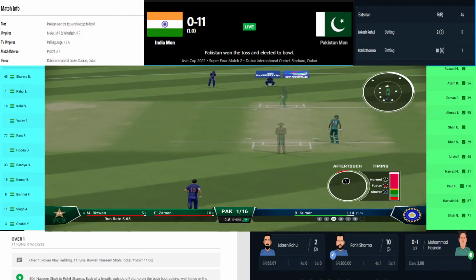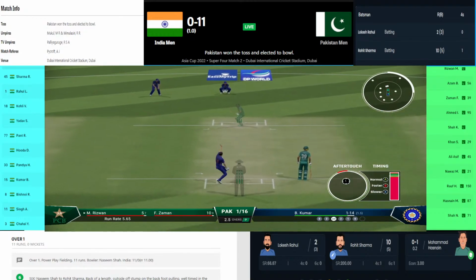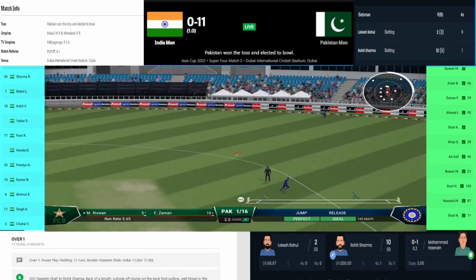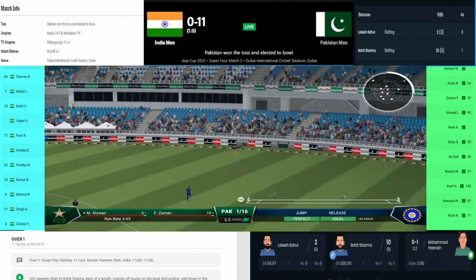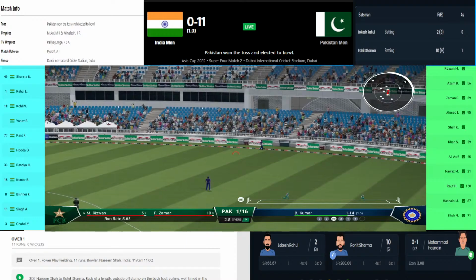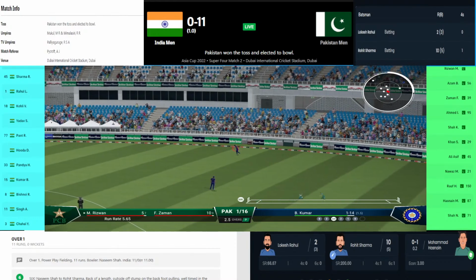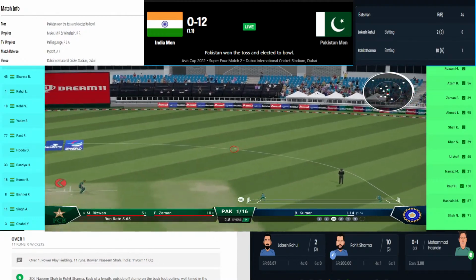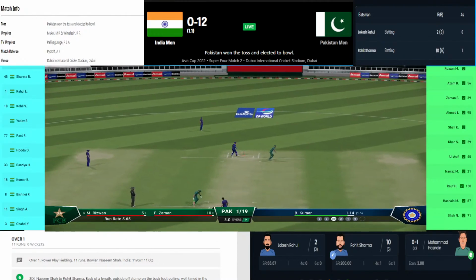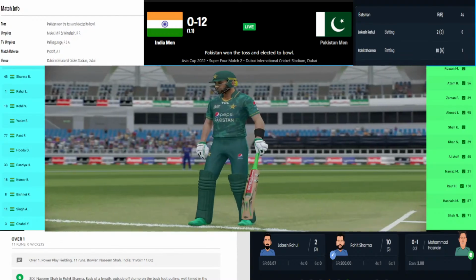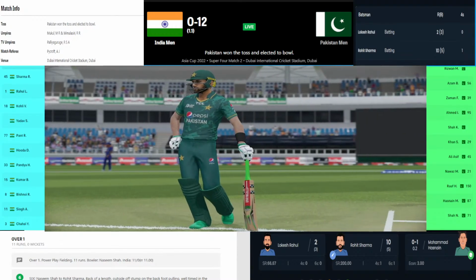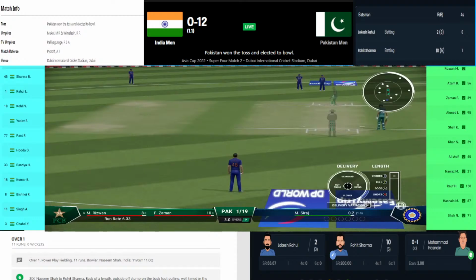Last shot, if you look at the last shot that Rohit Sharma played on the last delivery of the previous over, it was a very, very well played shot, a short length delivery. Rohit Sharma picks that up early, just eyes on the ball, smashes the ball over the deep mid boundary into the stands for 6. What a wonderful strike that was from Rohit Sharma. If you just see it in real time, it looks more beautiful to you.